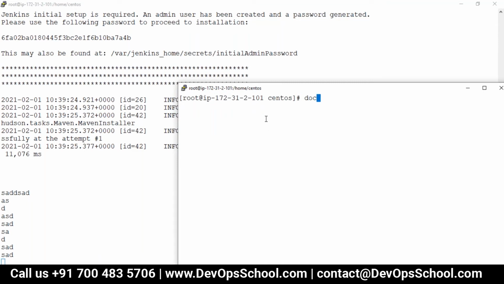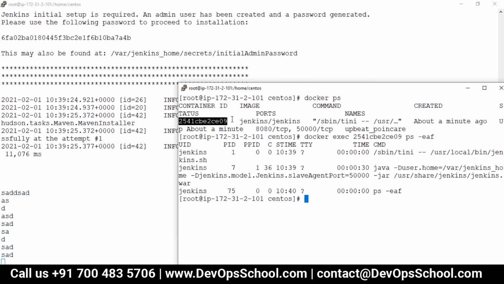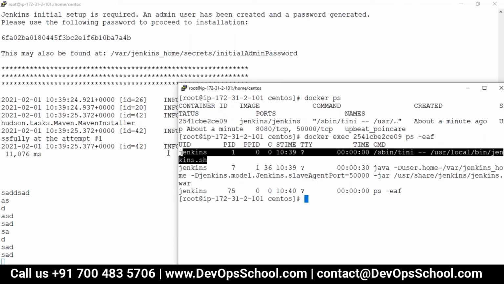Here, docker ps. See, this is the container. So what is the PID 1 here? If I see, it is sbin tini. You can find out in other ways also: docker exec container ps -ef. See here, sbin tini is PID 1.